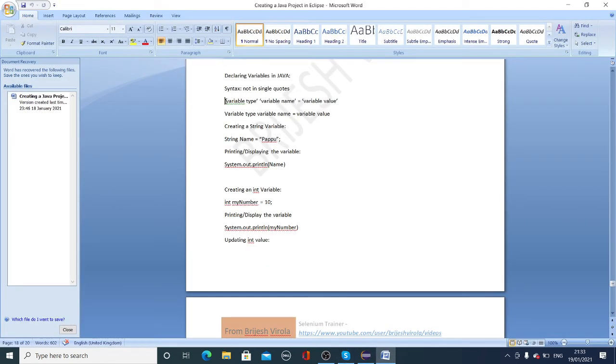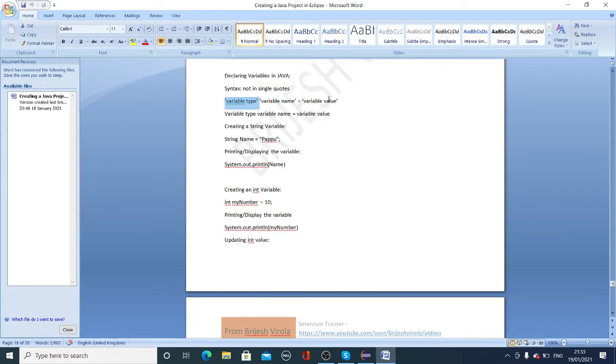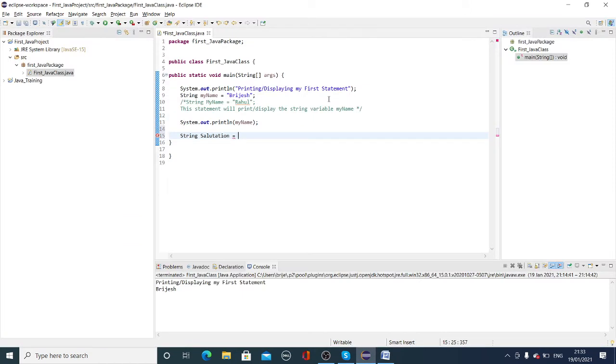Here it says variable type. What is the variable name? Anything I can put. So I am putting salutation. And it says variable value. So let's define the value.